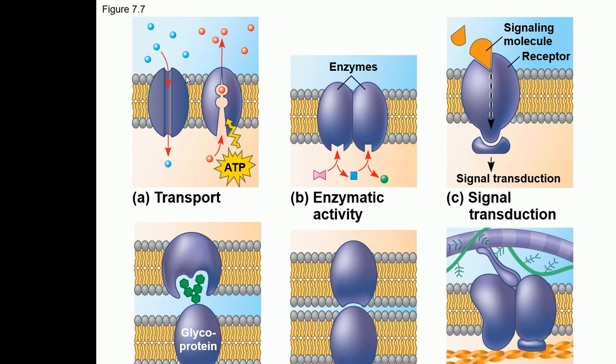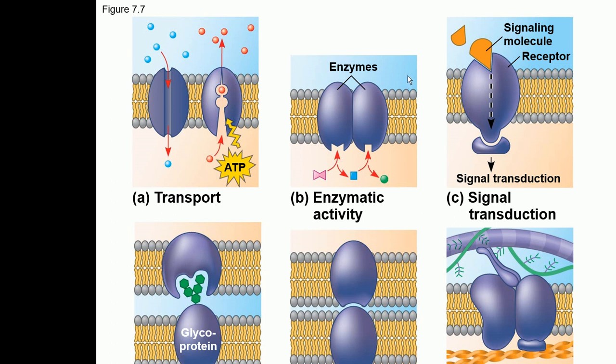carrier proteins. And carrier proteins are those proteins to which the different solutes actually go and bind, and after the binding the shape of the protein changes and it delivers the solutes inside the cell. So these are transport proteins. These are some of the proteins which have enzymatic activity in them. So these are some of the proteins which act as enzymes.